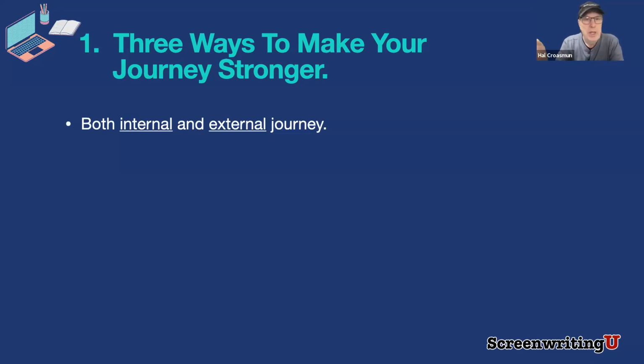You need both. And by the way, let's say you're doing a drama and you have an incredible internal story. Well, you just need an external journey that matches. It doesn't have to be the perfect external journey, but you need an external journey so that the audience is connected in both ways. So you might have 90% success here, and this one might be a 10% or something like that. But at least you have it, right? It's incredibly important. I have a tendency to try to go to a 50-50.